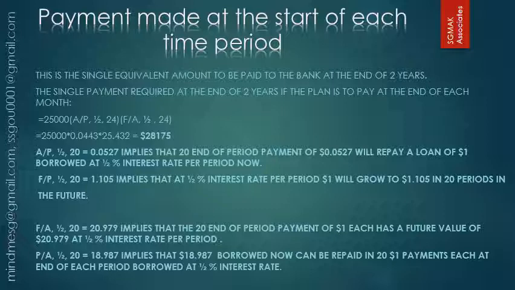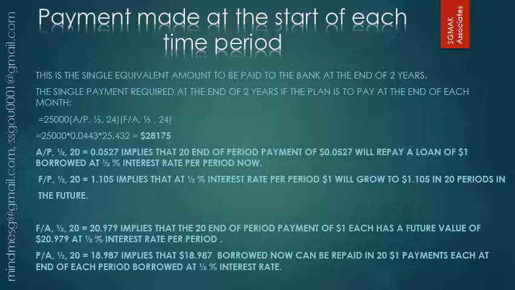If you do that, then first you find the annuity payment. But there are two ways to do that. The way I have done it, the first factor, the capital recovery factor, multiplied by 25,000 gives you the annuity payment. Then I find the future value of that annuity payment. Or you could simply take $25,000, move it to the future in 24 periods with 0.5% per month, and that number comes out to be 28,175. So you end up paying a little bit more if you make end of period payment compared to the beginning of period payment,